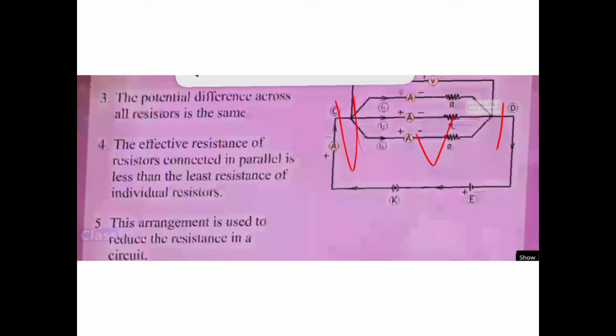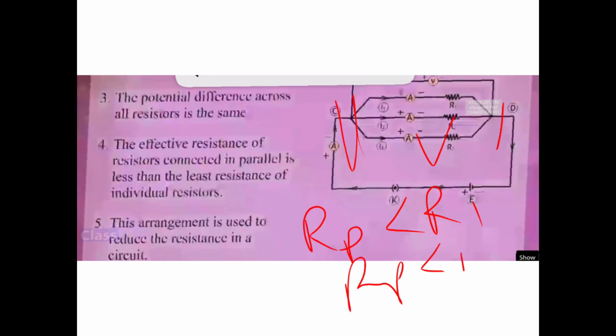Okay, what does it mean? That Rp का जो value आता है ना, that value is less than R1. Rp is less than R2. Rp is less than Rn, whatever is the value. Means Rp, the effective resistance, is less than the individual resistance when you are having such connections. So where must it be used? It must be used where you want, yes, when you want to reduce the resistance, na, that time it will be used.